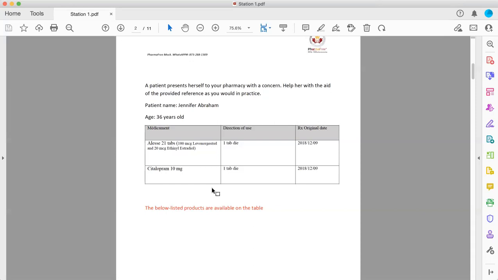Yeah. Okay, and I can see you are taking citalopram. What do you use it for? For mood. Okay, how long have you been diagnosed with low mood? For some time, actually, and it's working. Okay, great. Have you had any side effects from these medications? No. Okay, and how long have you been taking the Alice? I have been taking it for almost three months now. Okay, great. No side effects from Alice, no spotting or anything like this? It was in the beginning, but for now, nothing.